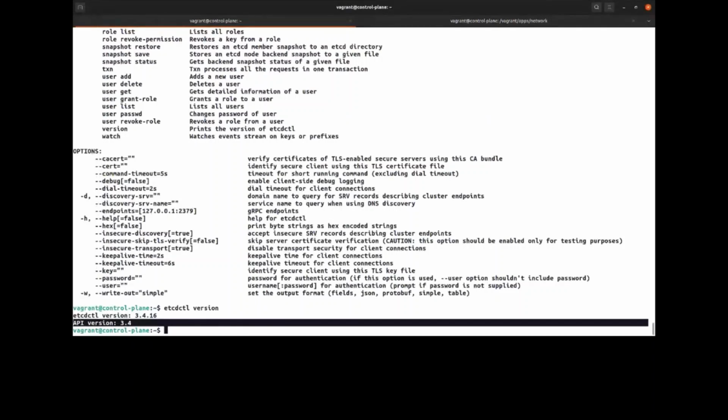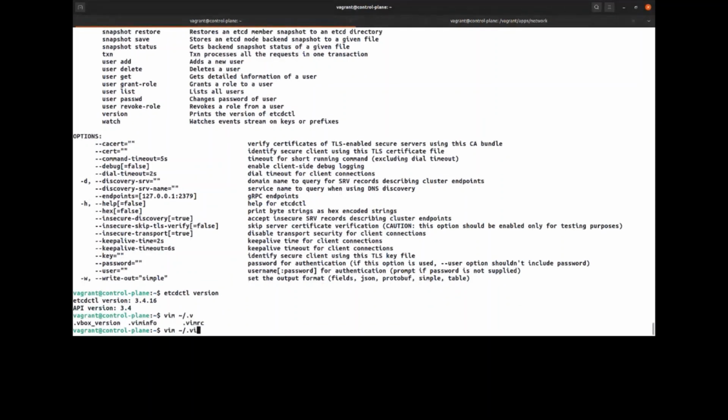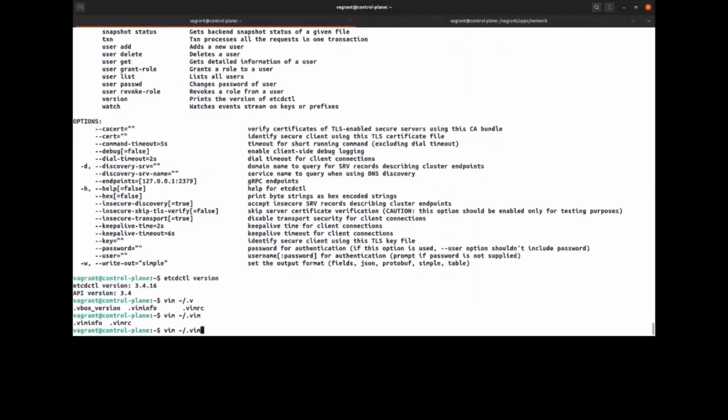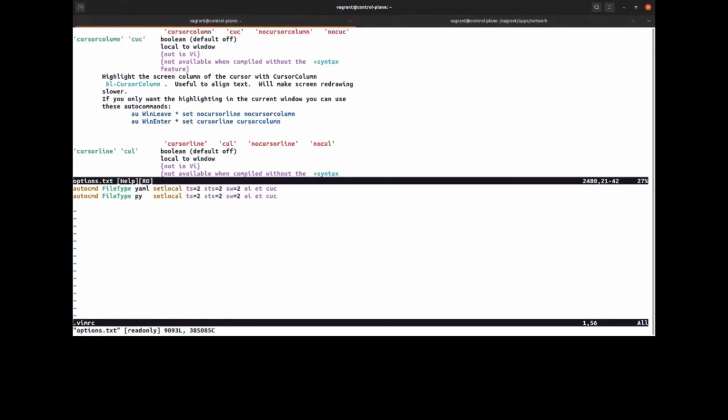What plugin in your shell do you use? It's useful to have that shadow line. For the shadow line, it's in the document, and it's basically the vimrc. It helps you with the tabs. It helps you with the YAML. So how to get the shadow line? It's the cuc. What does cuc mean? I will not teach you what cuc means; I will show you how to find what cuc means. You just do help 'cuc' with the quotes, and you will see basically cursorcolumn. This is how you find the different options in your Vim.